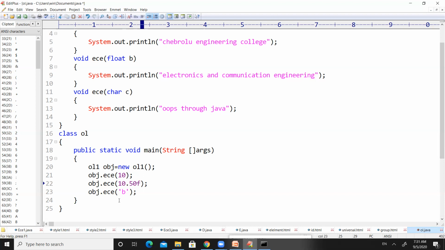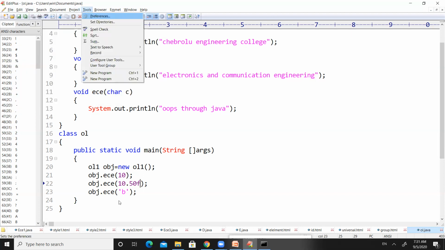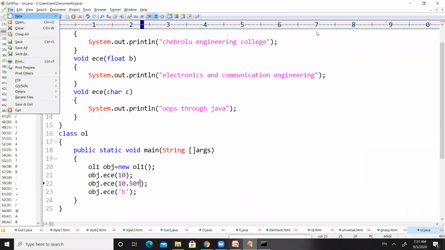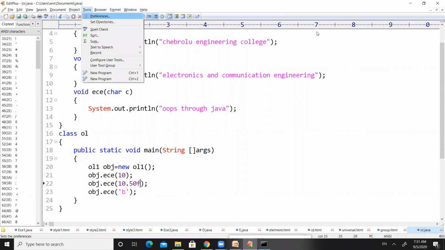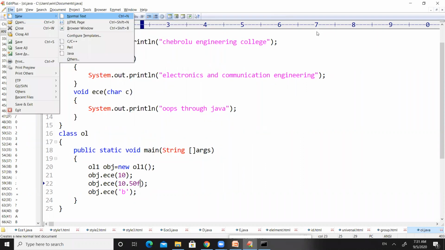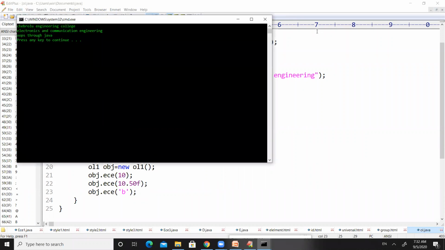Now save the code and observe the output. It will work perfectly here. It is executed perfectly.